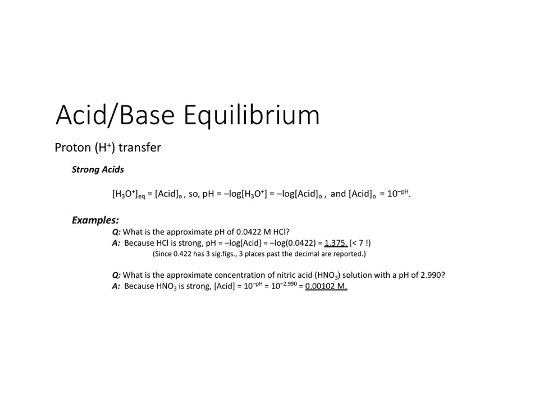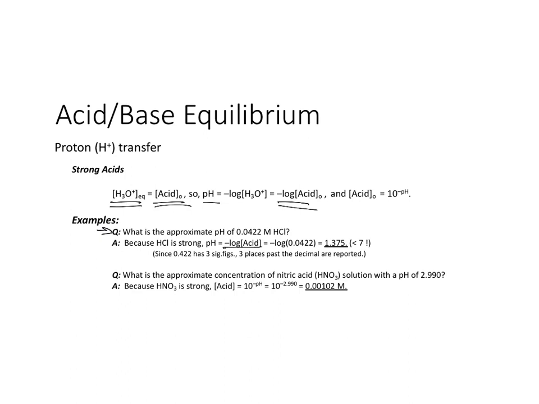So let's look at a couple of examples. Here again, here's what we know. For the strong acids, the equilibrium concentration of hydronium is equal essentially to the initial concentration of the acid. So the pH can be found just by taking the negative logarithm of the acid concentration. So here we go. What is the approximate pH of 0.0422 molar HCl? Well, we recognize HCl is one of the strong six, and so the pH is just going